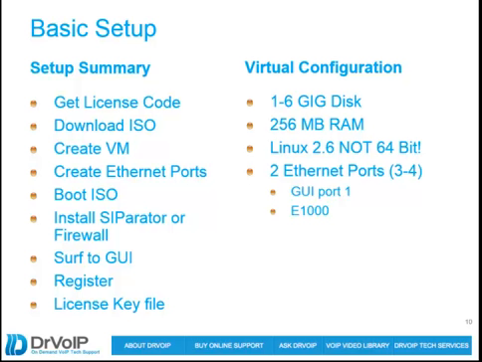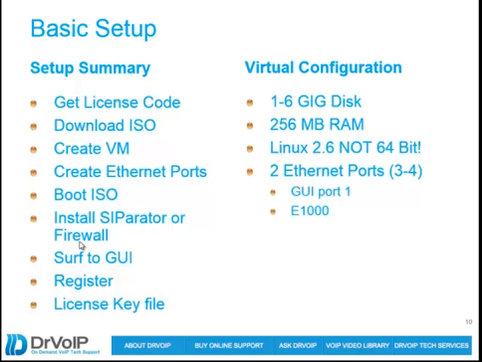Then you're going to create a virtual machine. You're going to create your Ethernet ports and boot the ISO image into, depending on how you're doing it, either the VMware machine or the hardware, and you'll make a decision about installing SIParator or firewall, and we'll talk more about that. We have talked about it in previous blog videos, but basically you can configure the SIParator to be your firewall in addition to being the SIParator,